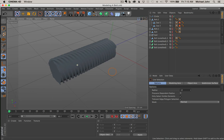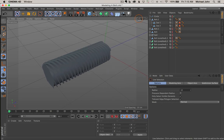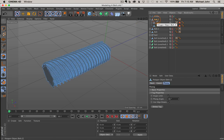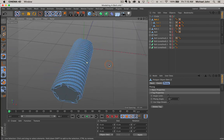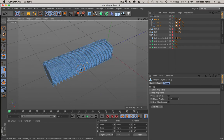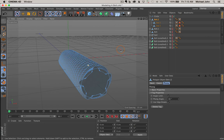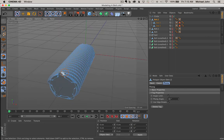let's get started. Let's jump into this, because there's not really a whole lot left to do, but it definitely requires some attention to detail. So with that said, this is essentially where we left off. You can see here we have the crucial element of our bolt shape, right? So we have the cylinder, and then we have these rivets that are comprised of these 5